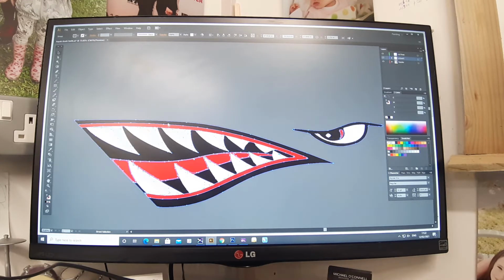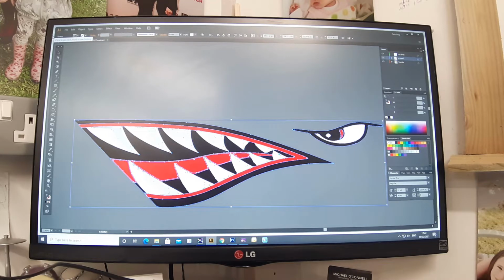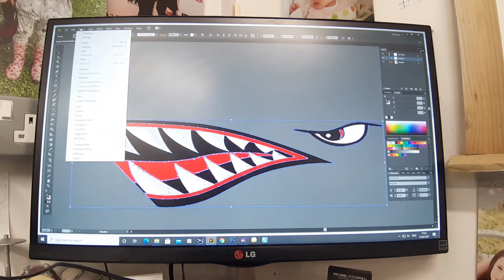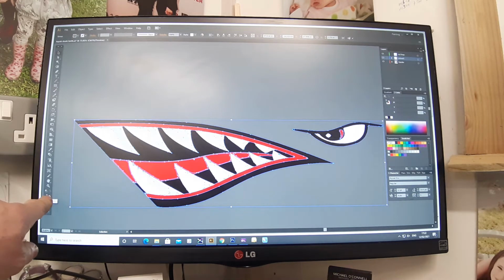Press Control C, so I copy everything. Control V, Control F. I'm on a PC, guys, not a Mac, so Control F and it drops it right on top. So I have a duplicate on top. Object, Arrange, send it to the back. Over here you've got your fill color. I'm going to set my fill color to what's at the back. There is a duplicate of this, 100% black, and I want to put a border on this of black, 100%